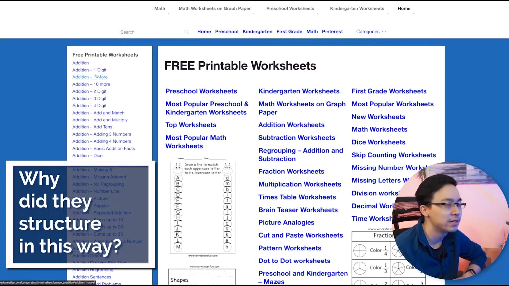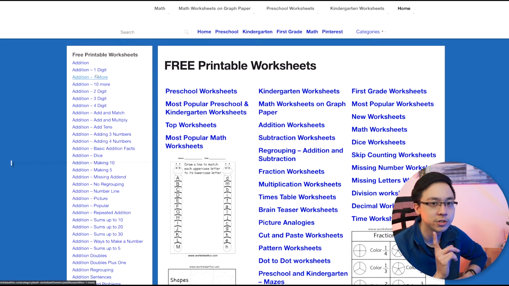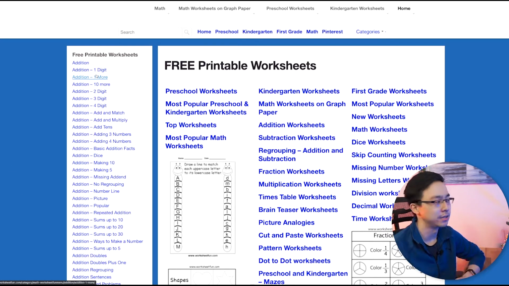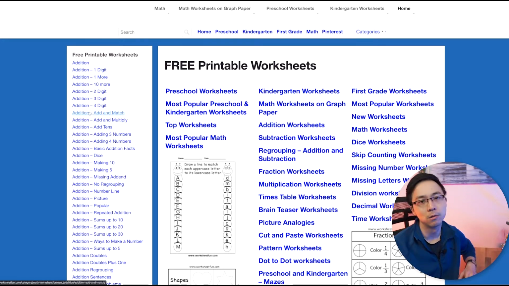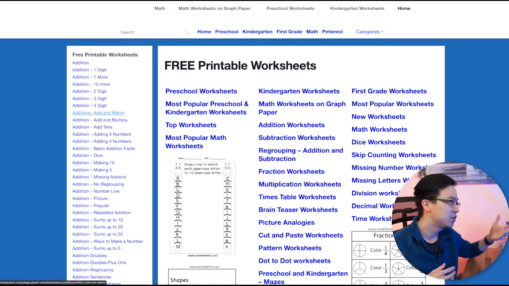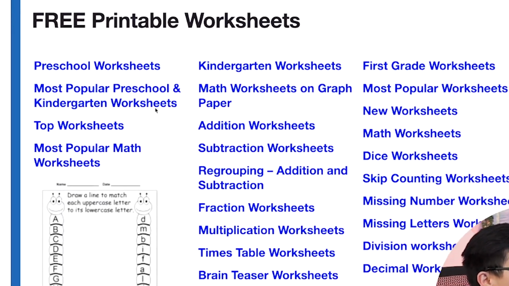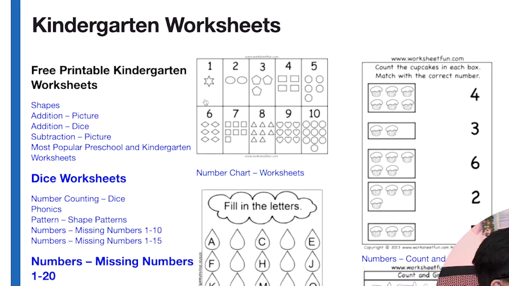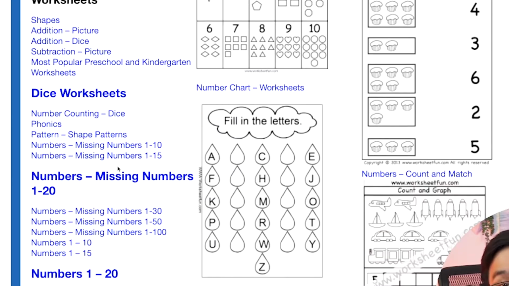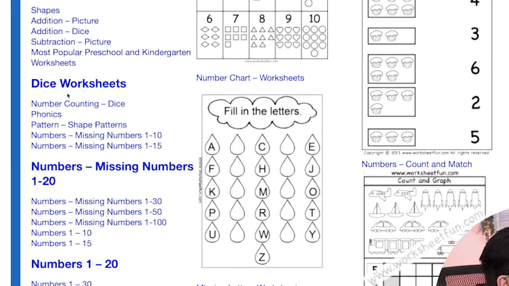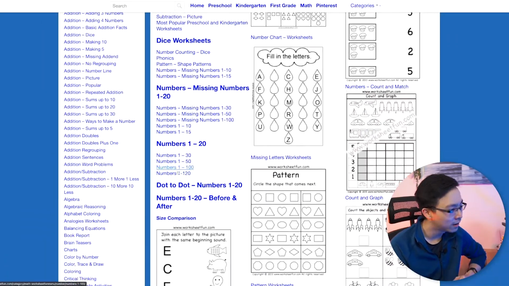Well, the reason why is because there are people that are all searching for worksheets around these particular phrases. In other words, there are people looking to give kids addition 2-digit worksheets, addition 3-digit worksheets, addition 4-digit worksheets, and so on. And so what this person has done is essentially created a ton of different worksheets that people can use. And if you click into each of these, what you can see here is that there are all sorts of shapes and sizes to worksheets, whether that's dice worksheets, numbers 1 through 20, etc.